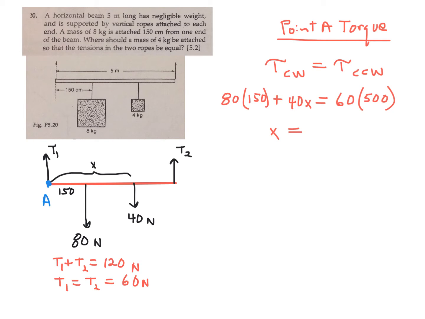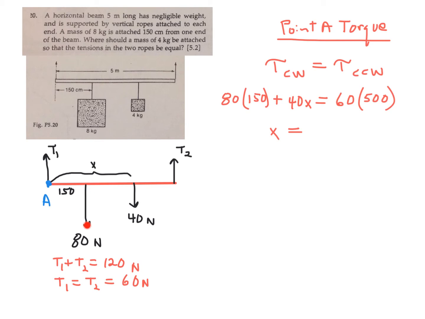Day 52, Honors Physics, Torque, problem number 20, rotational and translational equilibrium. Everything's at rest. So the first thing you notice, once again, you're drawing the horizontal bar with all the forces. There's 4 forces. The big mass weighs 80 newtons down, and the little mass is 40 newtons down, so I've